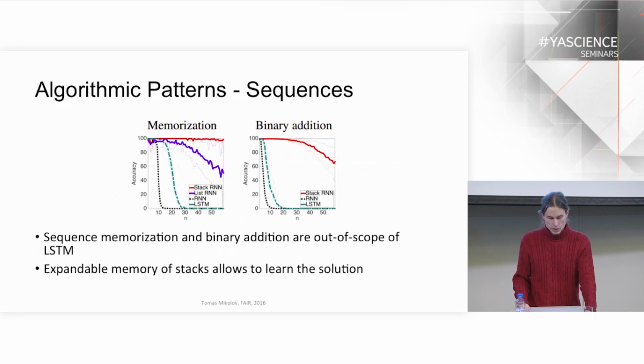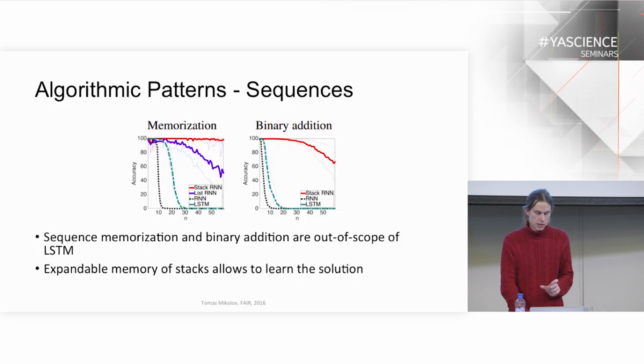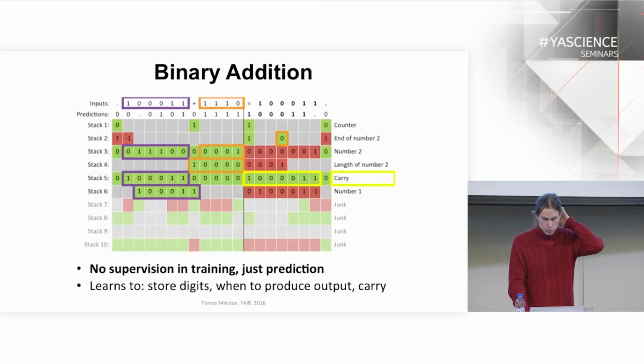And then we have this simple extension of these tasks to something that would break even LSTM. That's the sequence memorization and the binary addition, where we show the network 2 numbers written in binary, and then the result of summing them together. So it's quite a tricky algorithm that has to be discovered from examples that I think many people would struggle to discover in a purely unsupervised way by just predicting what is the next character. And still, surprisingly, the model was actually able to do it with SGD and some weak form of search.